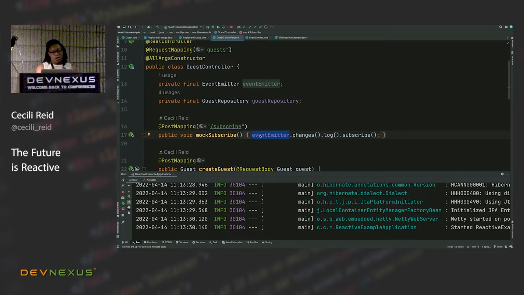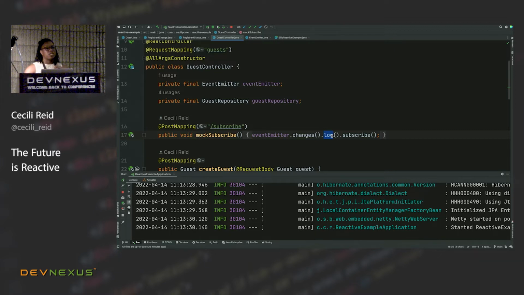This event emitter is actually a publisher, and this component actually has a changes method that I can then subscribe to. This log is very helpful, and I'll point out what the log looks like, but this is very helpful for debugging and trying to understand what Reactive is doing and when.